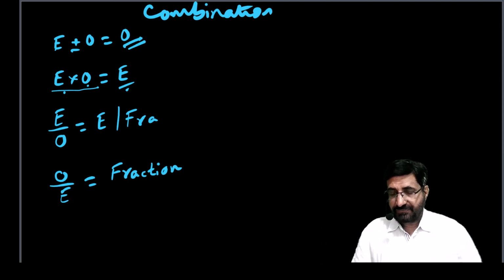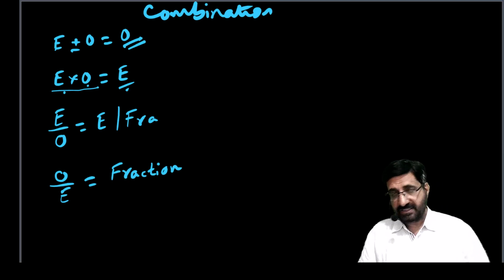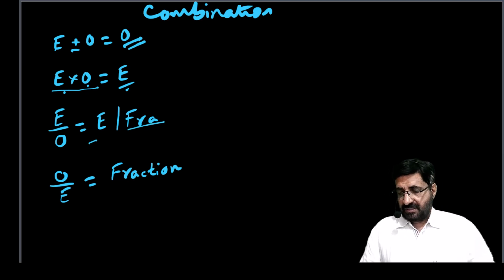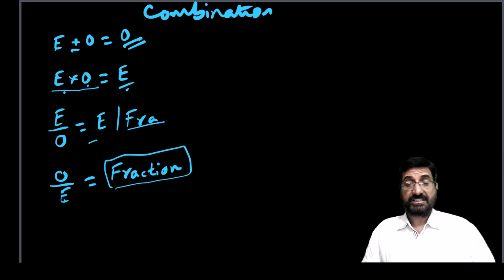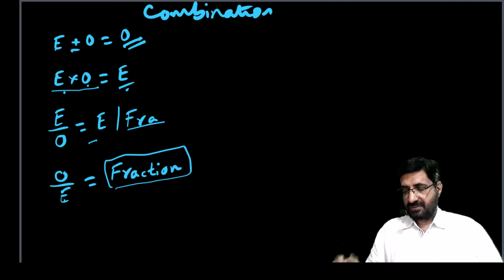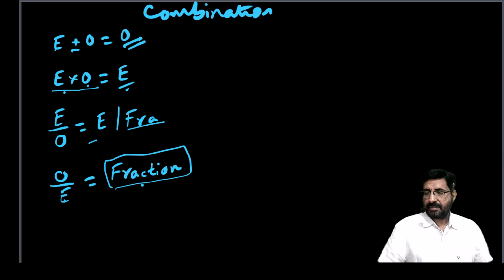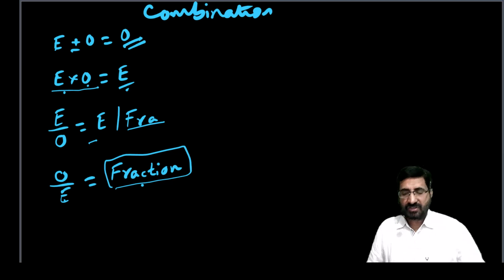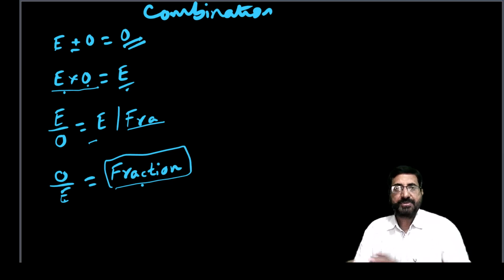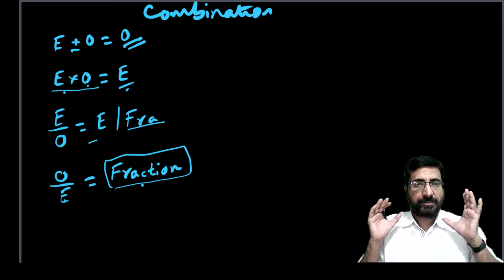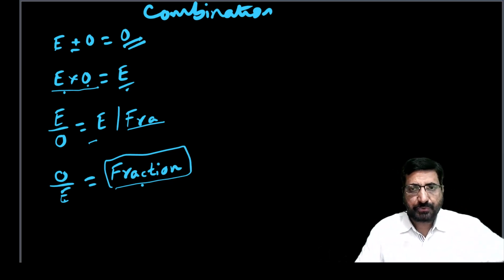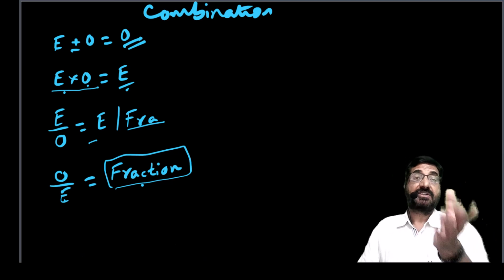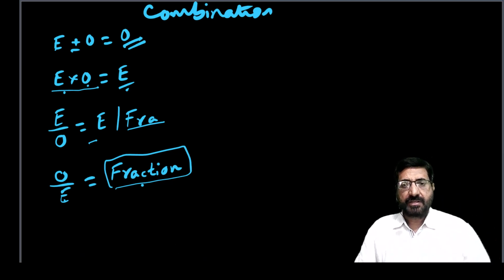Okay. Next, if you divide even number by odd number, you are going to get either even number or a fraction. If you divide odd number by even number, you are always going to get fraction. Either you are getting even or odd, you are going to get fraction. Okay. So these are some simple tricks to remember. I call these tricks because if you remember these things, you can solve very complex problems. For example, I'll show you what kind of problem they may ask on this odd and even concept. Okay, let me show you that problem.